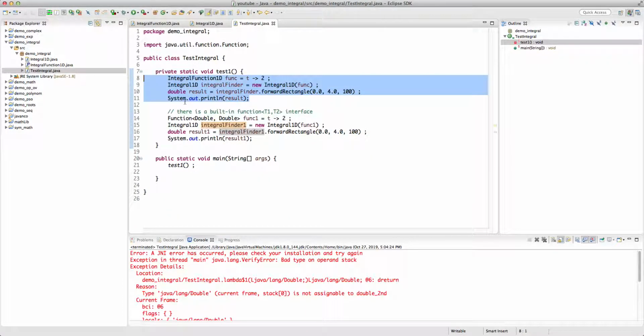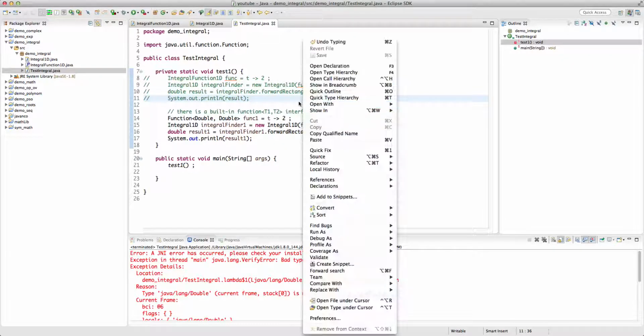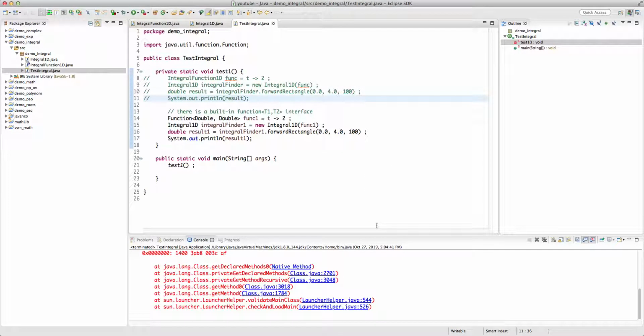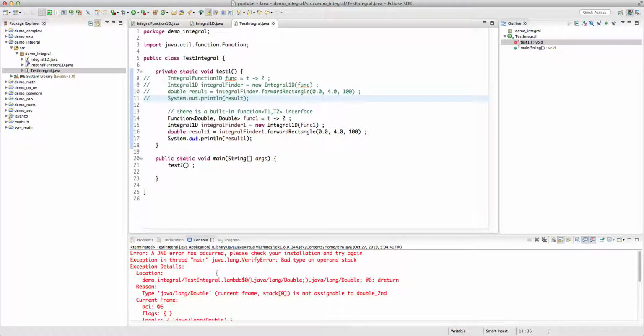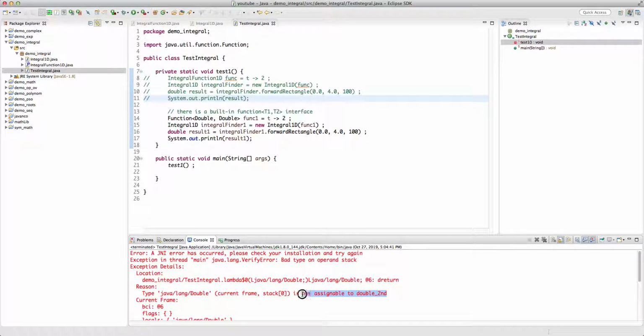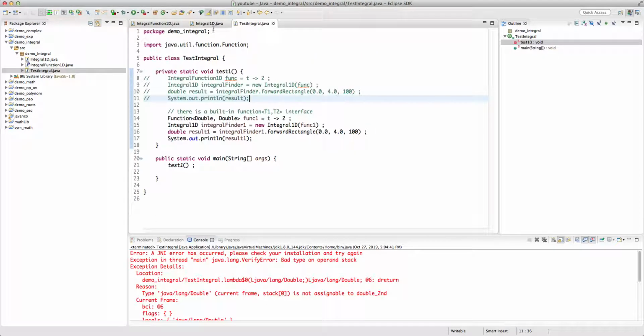All right, it's calling a native method to a double. So apparently it's not able to do the conversion here,